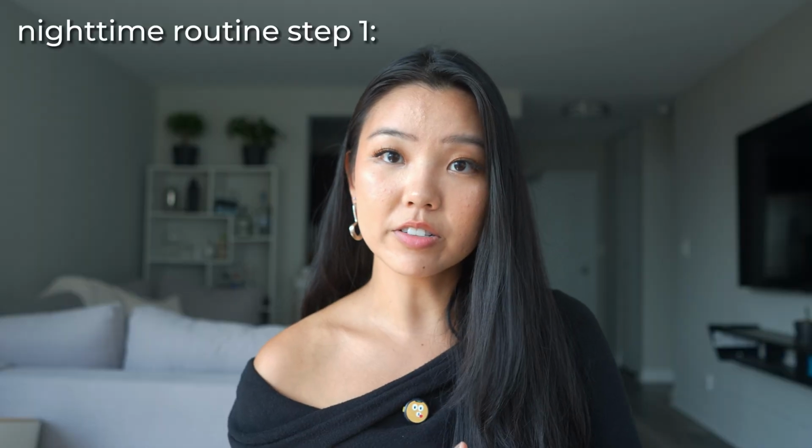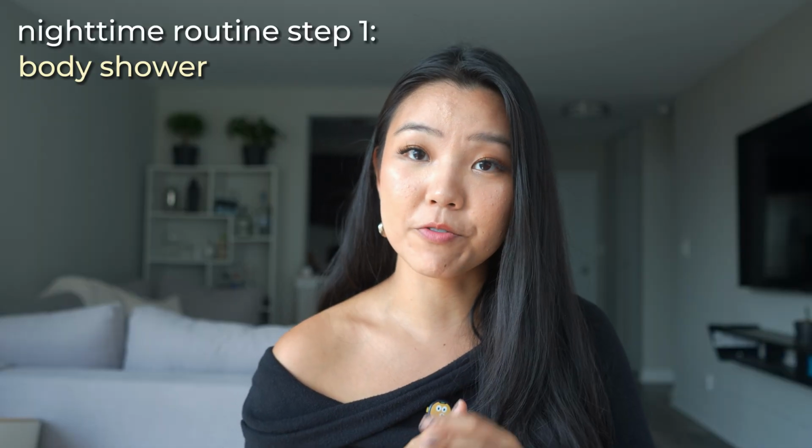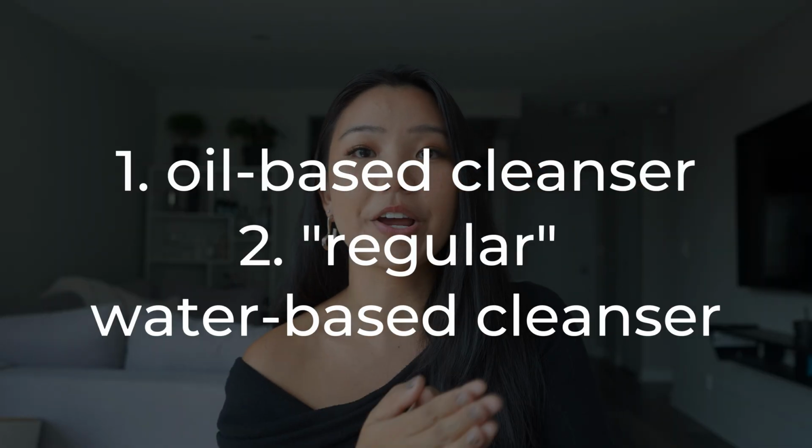I think it makes more sense to start with the evening routine, so that's what we're gonna do. Every single night, I try to take a body shower, and before I get into the shower, I really do try to wash my face and clean off the makeup, so then I can wash my face again in the shower. Also, if you wear makeup, you know that taking off your makeup just gets everywhere. So getting in the shower is easier, but I do try to use an oil-based cleanser and a regular water-based